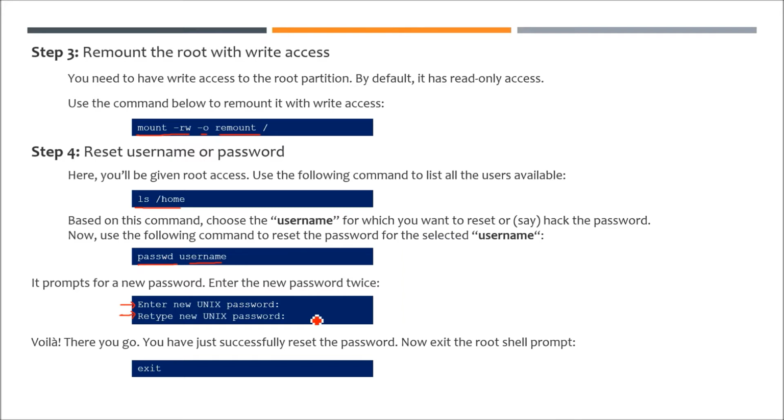Once you're done with that, you will press enter, and it will give you a confirmation of the password change. Once that is done, you have to exit this mode and simply restart the system. Once you restart it, you will get into the operating system again, and you can log in with the new password which you have configured from here. So I am going to show you how we do this.